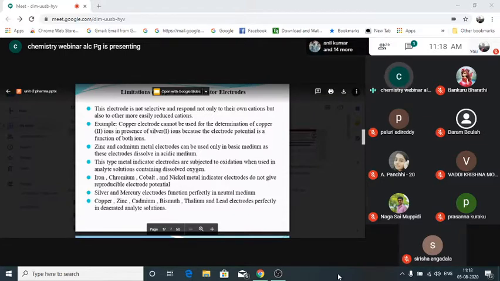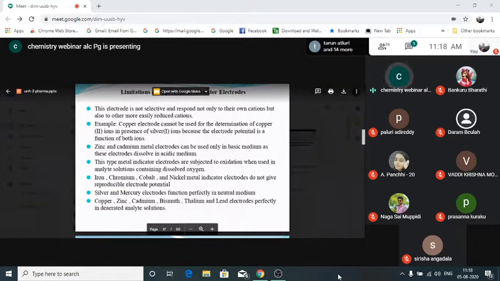That is called the reproducible electrode potential. For example, I am giving you 1 molar copper sulfate solution and you are going to dip the copper rod into it. Is it clear? Morning you have dipped, afternoon you have dipped, evening you have dipped, tomorrow also you are going to repeat the same procedure thrice. How many times have you dipped the copper rod into the copper sulfate solution?